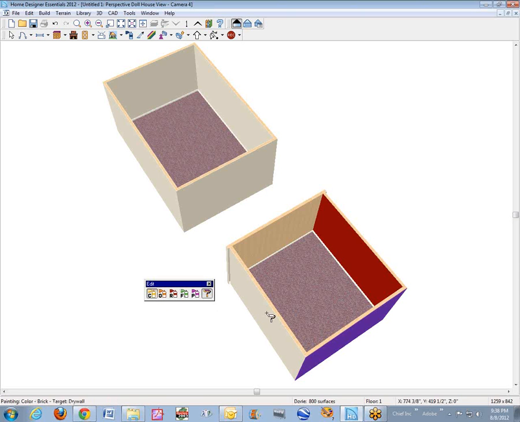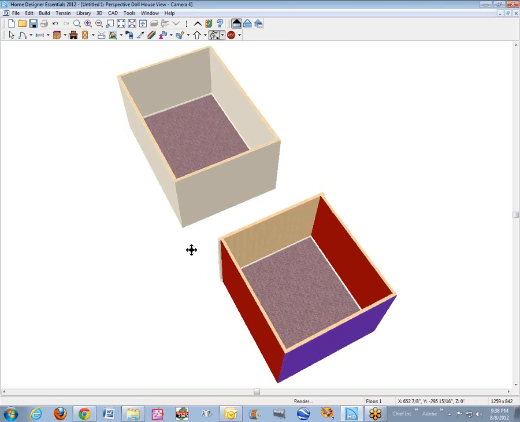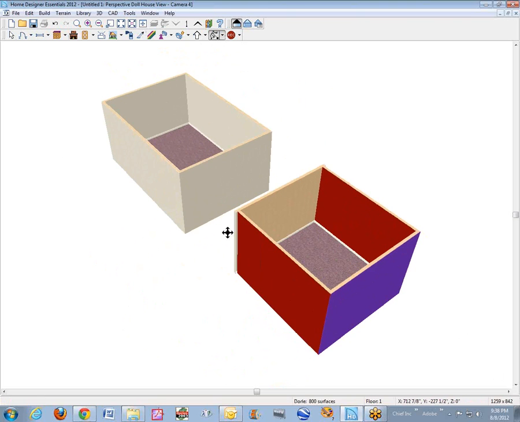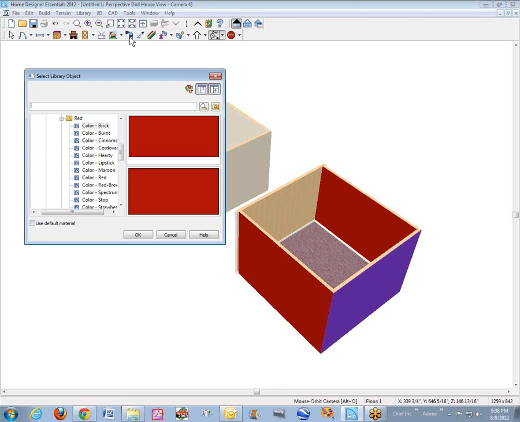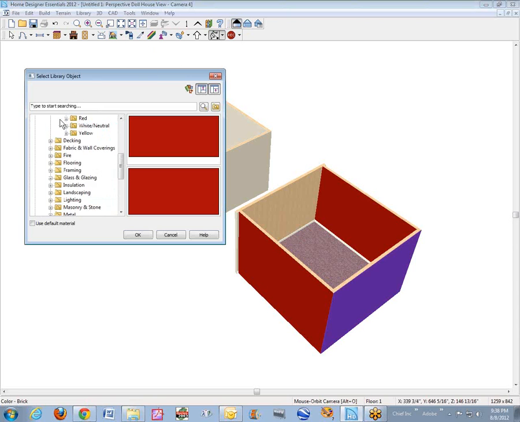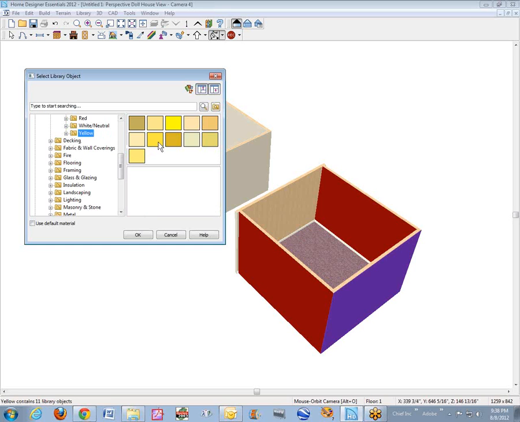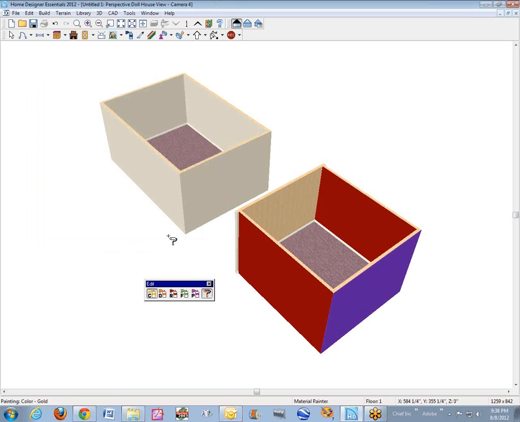And I'm going to paint that red on the outside. I didn't change any of the other walls because component mode just does whatever you click on. Spin this. You can see that the other side's still fur. Now with this tool, you just click on it and then you pick a color. I don't want to use red again. I want something different. There we go, yellow. And then you can paint that